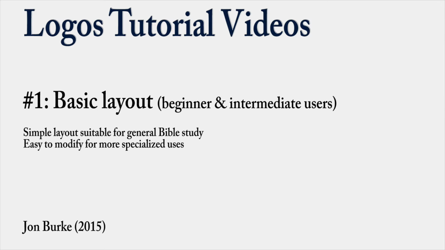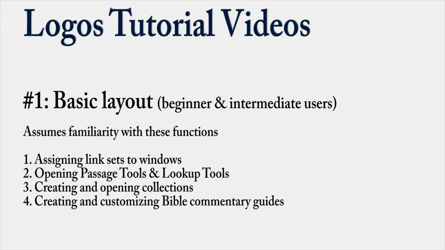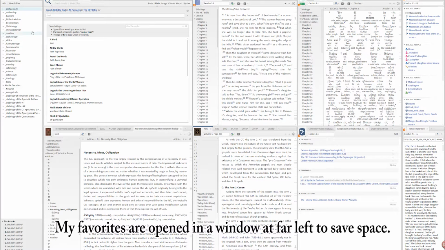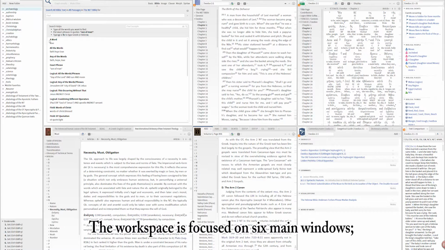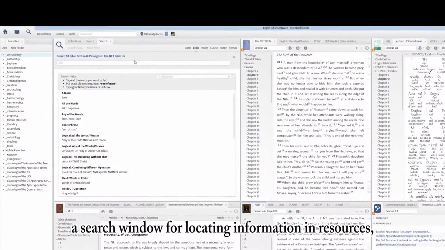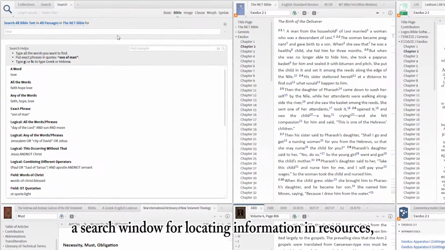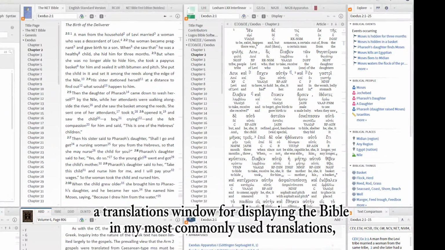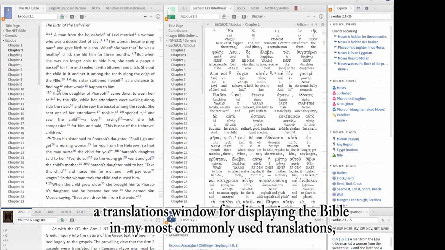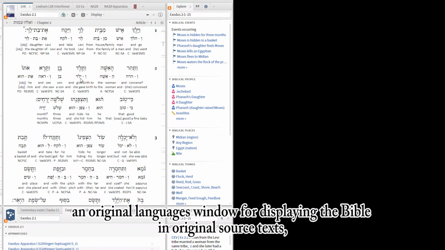This workspace has been designed as a general Bible study environment, but is easy to modify for more specialized users. My favorites are opened in a window at far left to save space. The workspace is focused on 6 main windows: a search window for locating information in resources, a translations window for displaying the Bible in my most commonly used translations, an original languages window for displaying the Bible in original source